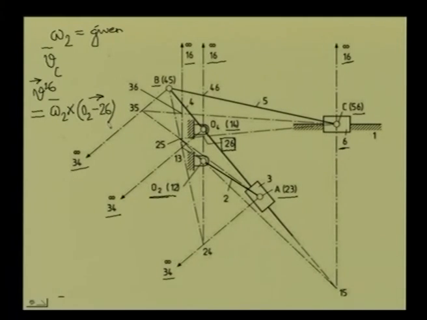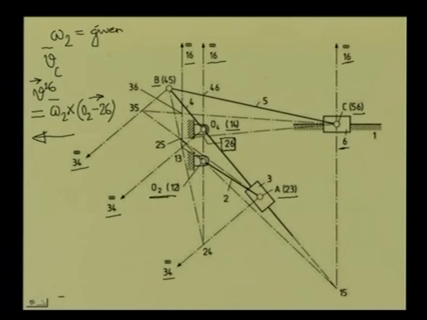So, we can find out the velocity of this point 2 6 by considering it to be a point belonging to body 2. Omega 2 is given, link number 2 is rotating about 1 2 and this point 2 6 is here. So, I get the velocity. If omega 2 is counterclockwise, the velocity of this point 2 6 is horizontal and to the left, because this line is vertical. So, the velocity of this point 2 6 is along the horizontal direction and towards the left, and the magnitude is omega 2 into this distance O2 to 2 6.